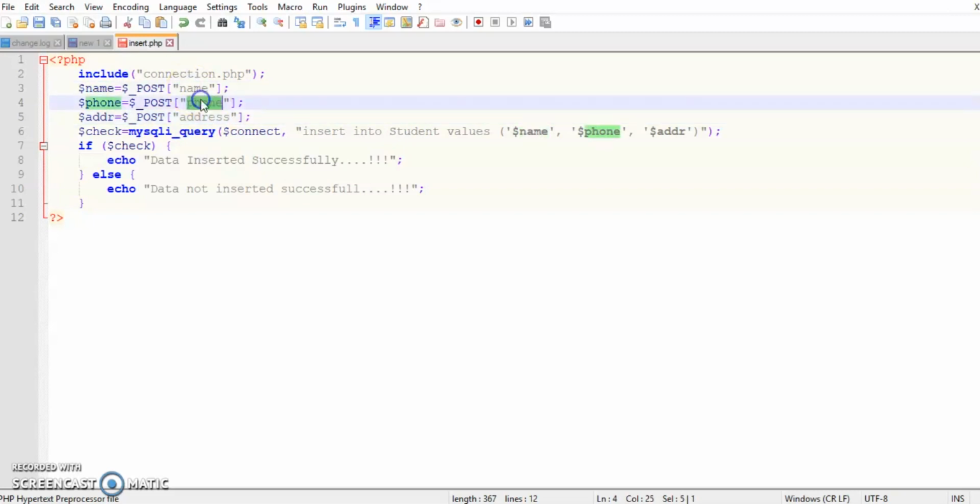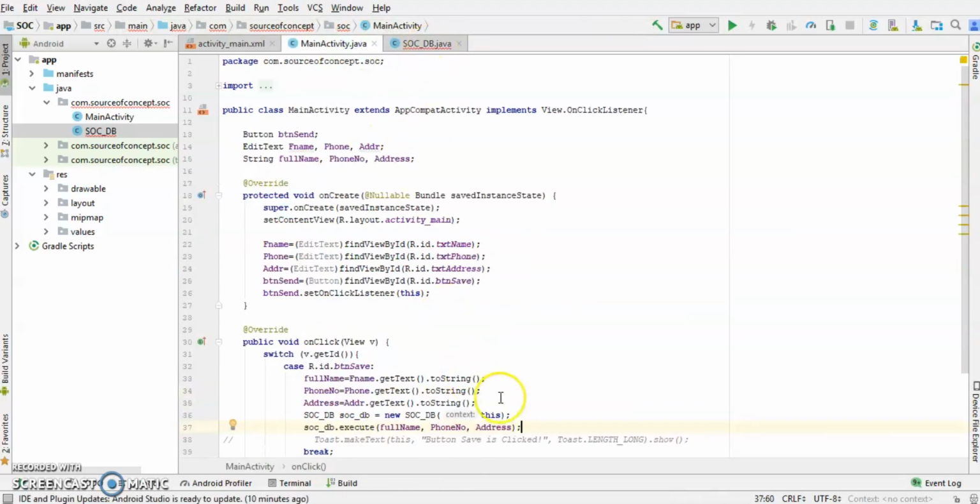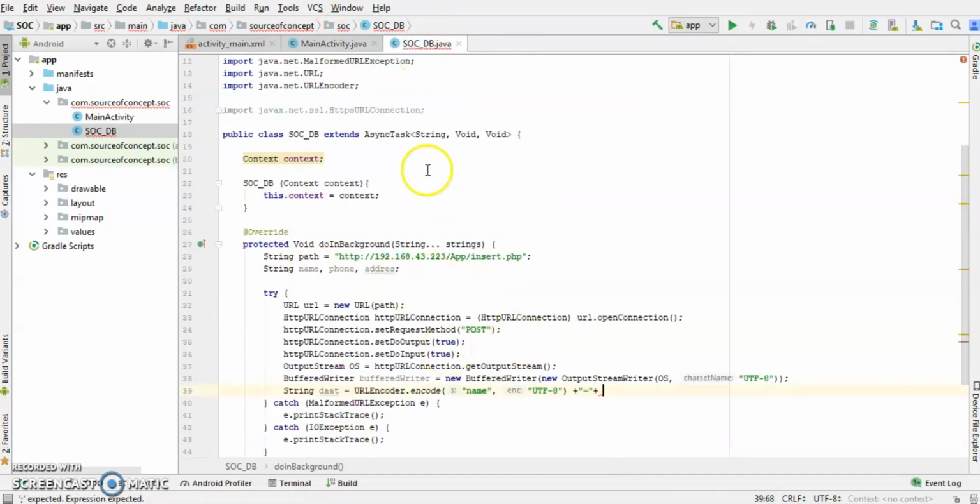So name, phone and address should be placed here. I'll start with the name and encoding format, and I initialize this PHP variable with the variable that holds the value entered by the user. So logically, the variable name in PHP is equal to the variable that holds a value from a user. We have to receive this data that has been sent from this main activity to this source of concept DB by typing,